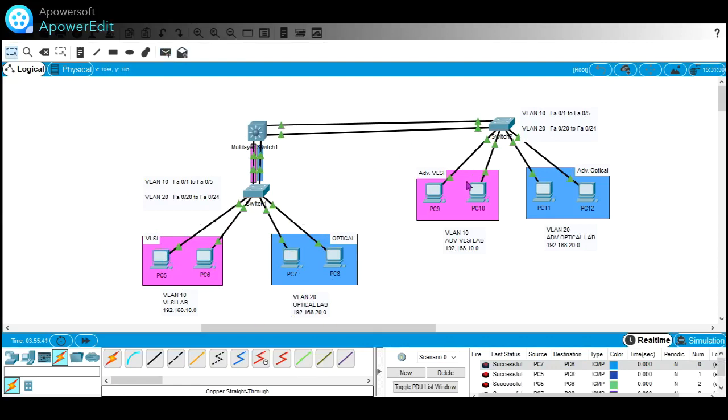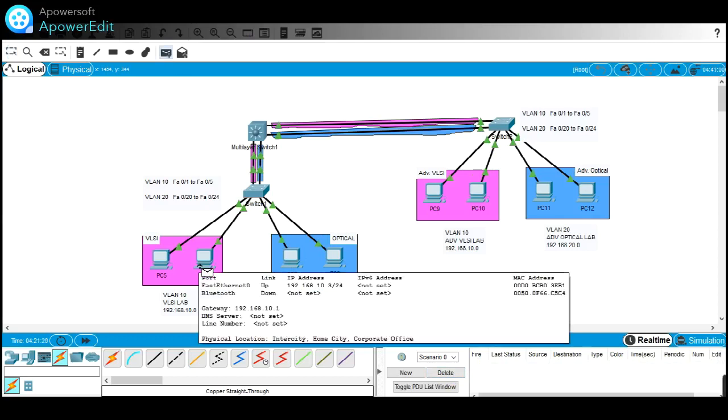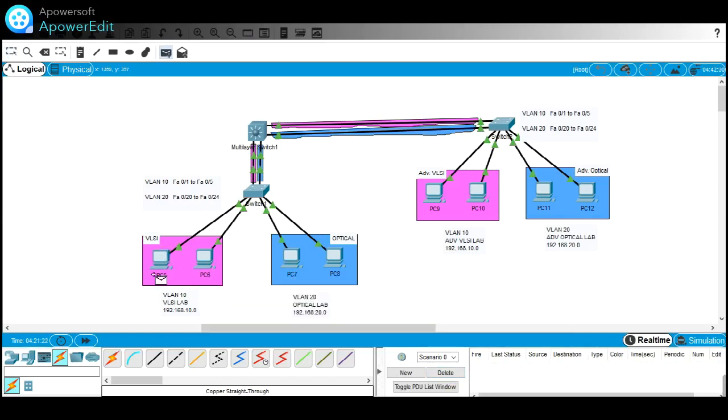Now we will see that whether the communication from this part to this part is happening or not. So if we try to communicate one packet from this VLSI lab to advanced VLSI lab, okay, that is successful. Here you can see it is successful.